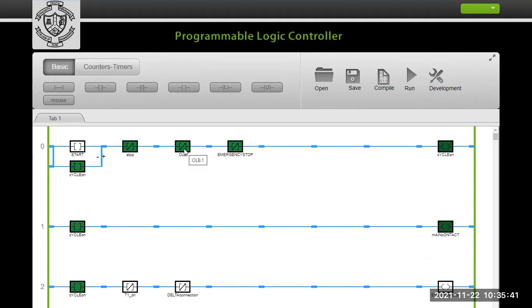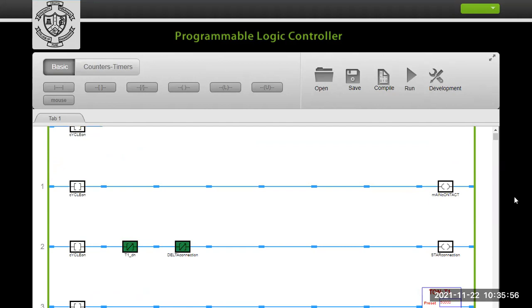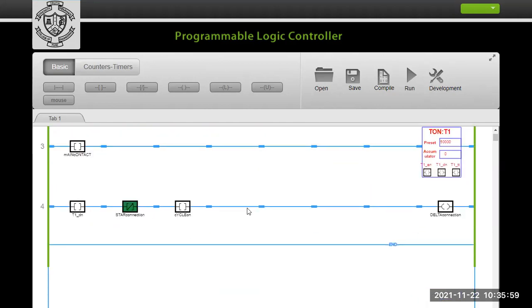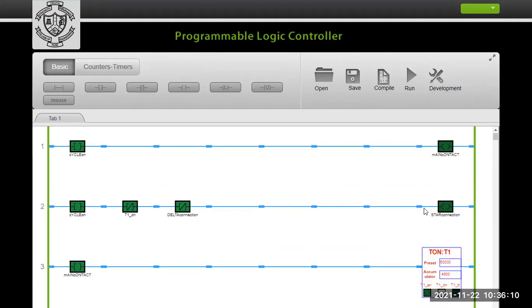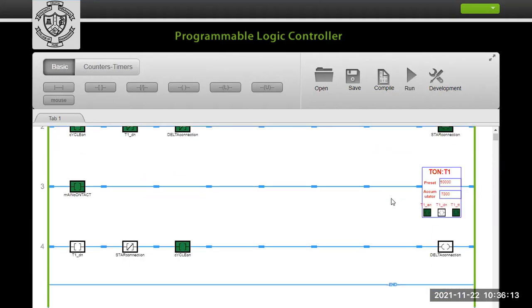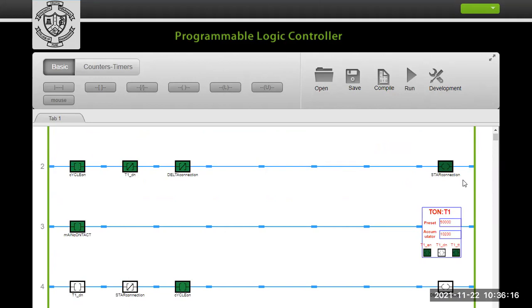Maybe there is an OLB, meaning overload breaker. Just toggle it whenever the overload breaker trips, once toggle. So your total main cycle is off, your main contactor is also off, and look, the motor is in the off state. Okay, until you toggle again, the starting is going on. So your cycle is going on, then you can see the motor will again start in star connection, and after 5 seconds it will go into the delta connection.